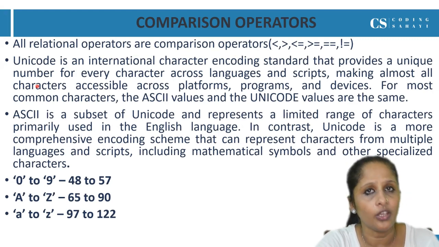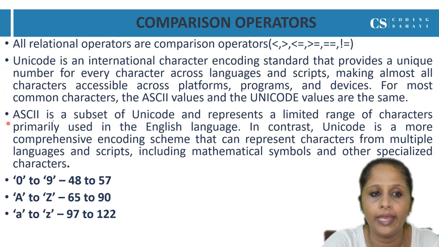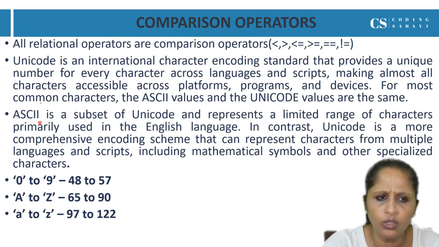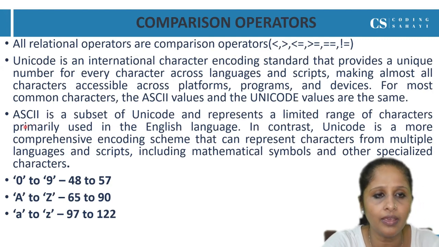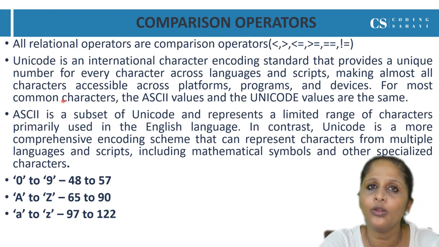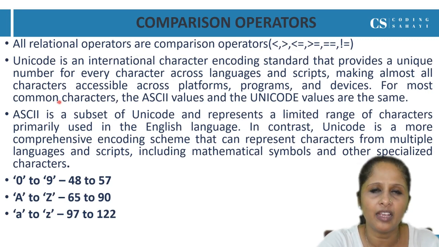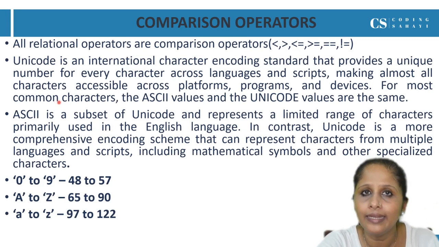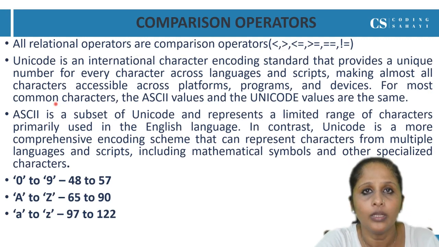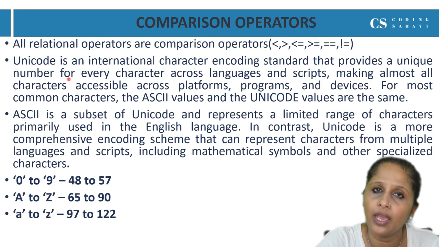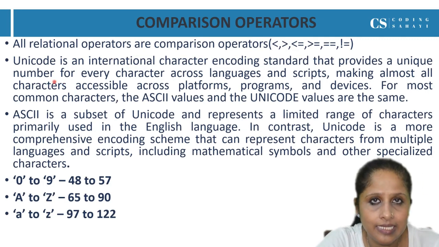So before talking about that, we have to discuss two concepts, Unicode and ASCII. Already we know about ASCII because we did some programs using ASCII values. See, we know the computer knows only machine language, that is 0 and 1. Other than that, the computer doesn't understand any other language. But we are writing everything in our own language, right? But nowadays we are using all languages. So how can the computer understand this?